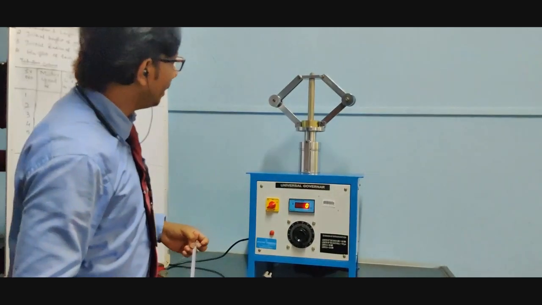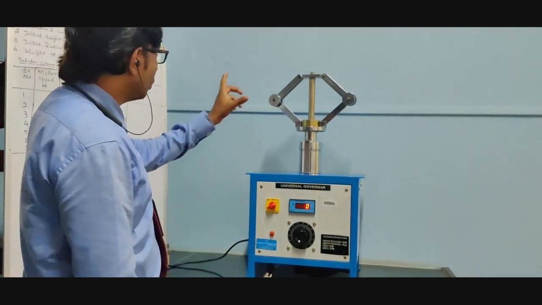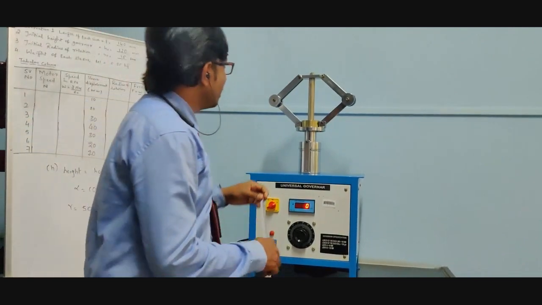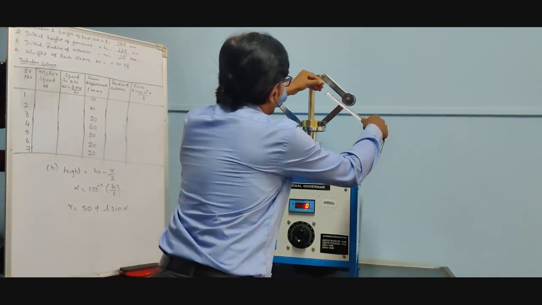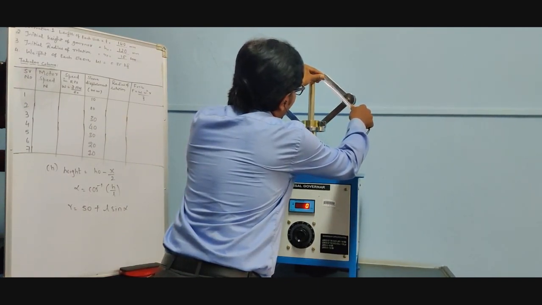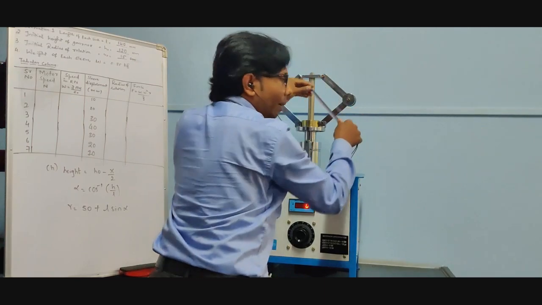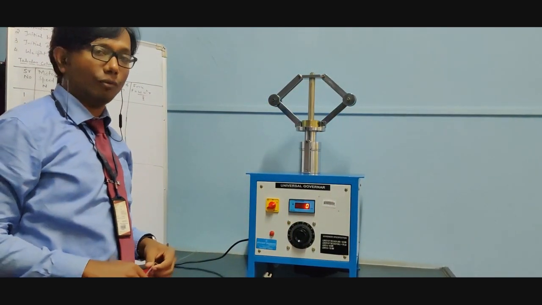Okay, now we'll be seeing the 3 observations. One is called the length of each link. The length of each link is measured like this. I have to go from this end to this end. All links are of the same length. So if I check here, I will be getting 140 mm. So we have written the length of each link as 140 mm.